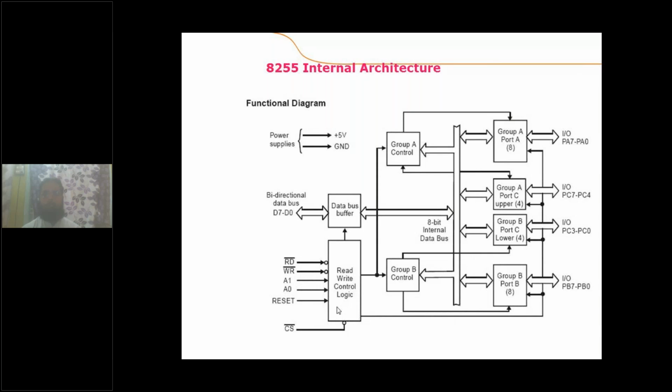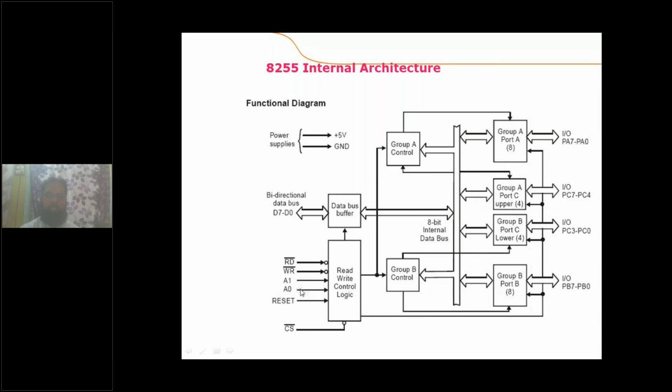In what way a port is to be configured is decided by a value in the control word register, and this control word register is available in the read write control logic of 8255. And whether the processor is handling the control word register, or port A, or port B, or port C is decided by the combination of address lines A0 and A1.